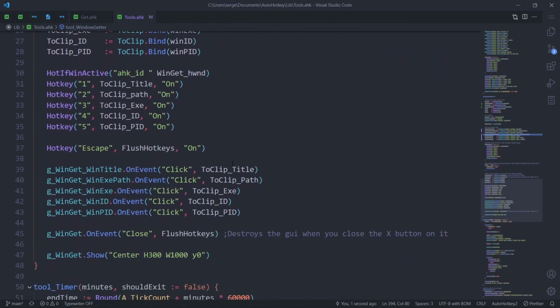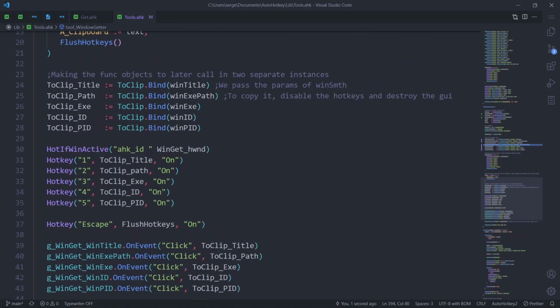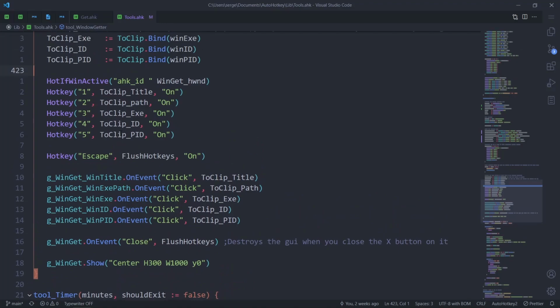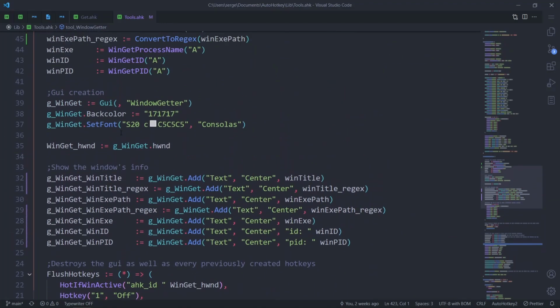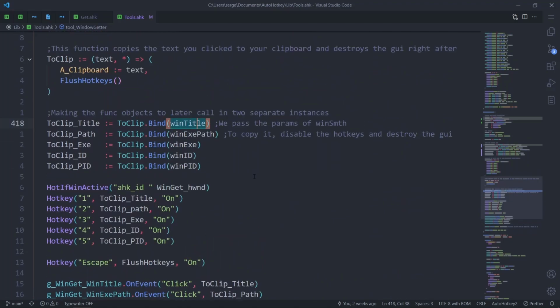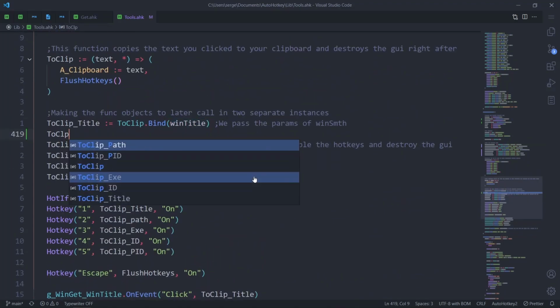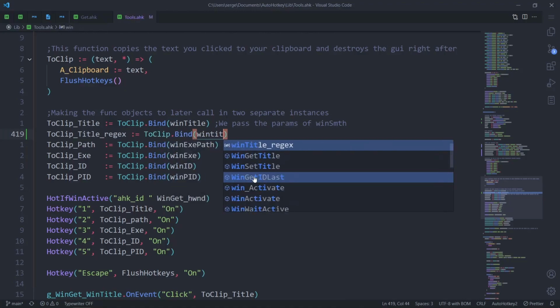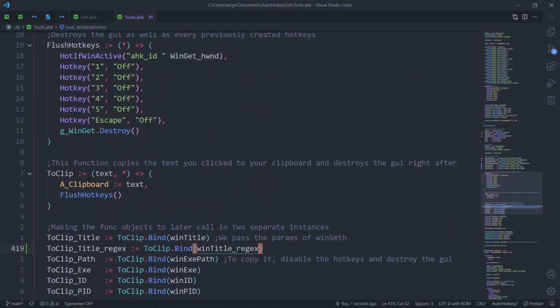And now, I like that it's DRY, what I made this with, toClip and all that, but now I'm kind of realizing it's more than it had to be. Well, maybe not. Okay, toClip, title regex, toClip, bind when title regex. Yeah, toClip just